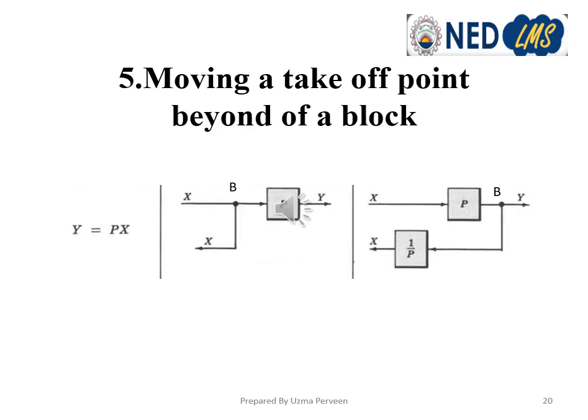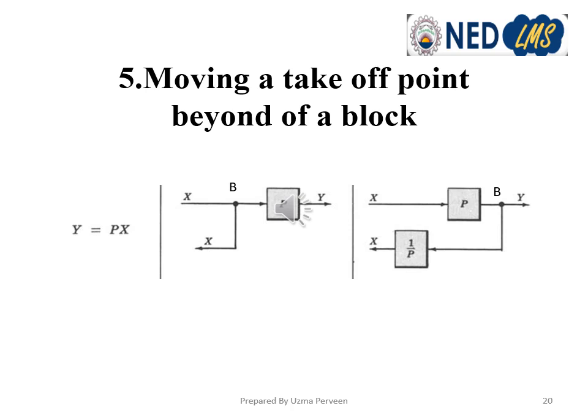In the next transformation, we are moving this takeoff point beyond the block. So point B is actually moving here. Please note that here the signal x is transmitting to 2 points, whereas in the previous transformation the output variable y was transmitting to 2 different points. So here x is transmitting, and if we move point B beyond a block, then the signal